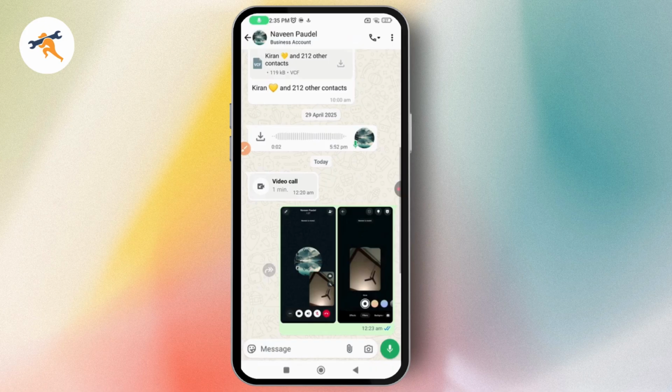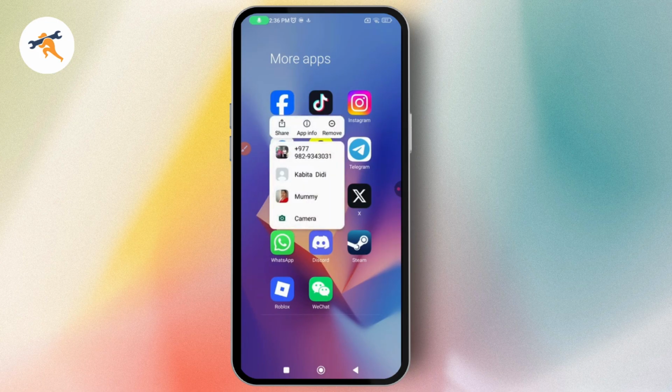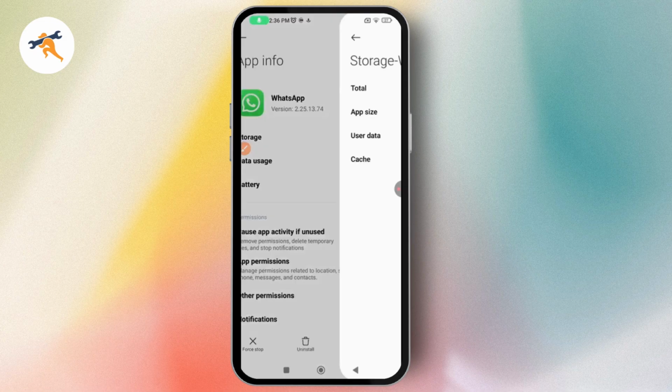So after you've done all of these fixes, and if that still doesn't fix your problem, and if you think that the application itself has some problem in it, then what you can do is you can just simply go with your settings, or just simply tap and hold on to your WhatsApp for a few seconds. Tap on app info. Under the app info, you need to just go with storage, which is on the top,